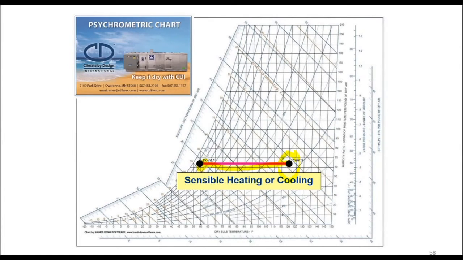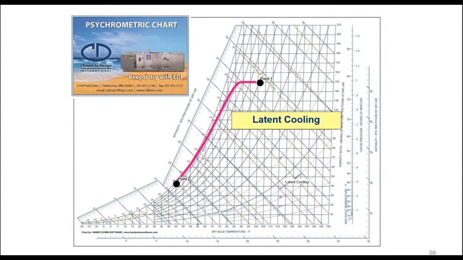As long as we don't get to this 100% line, all of that cooling is sensible as well. So sensible heating and cooling, it's going to follow a horizontal line. It's not going to go up, it's not going to go down, because we're not doing anything with the moisture, speaking of sensible heating or cooling. Contrast that with latent cooling, where now we start at a point and our cooling coil drives that temperature down to the 100% relative humidity, or the saturation point, where now the dew starts to fall out, and then we bring that down to some other given condition that is going to be more or less saturated.